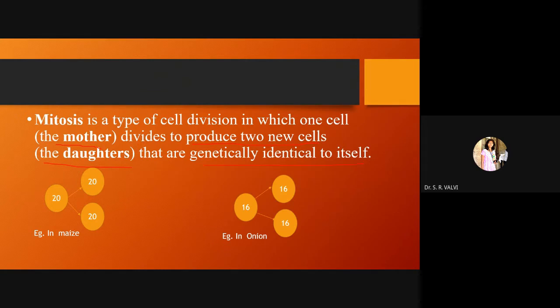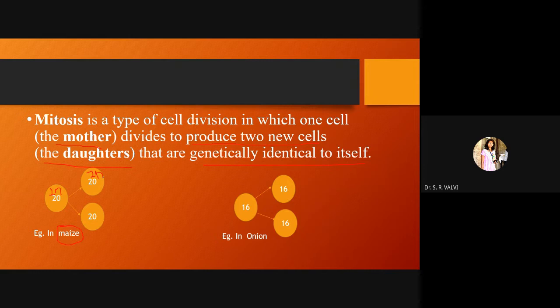So take for example the case of maize, right? Maize is nothing but our corn plant. You might have heard of sweet corn, right? This maize plant has the chromosome number 20, so in a single cell it will have this 2n number. This 2n number is going to remain as it is. In the daughter cells, this chromosome number is not going to reduce.